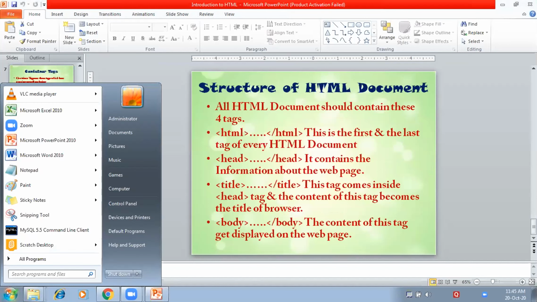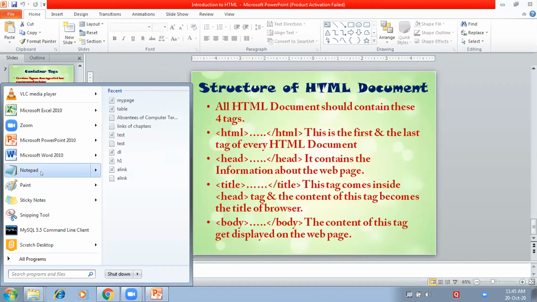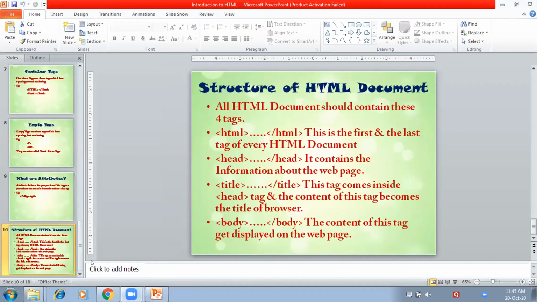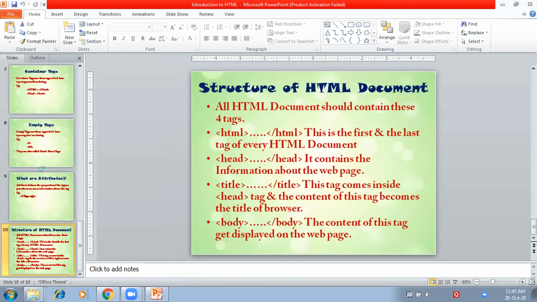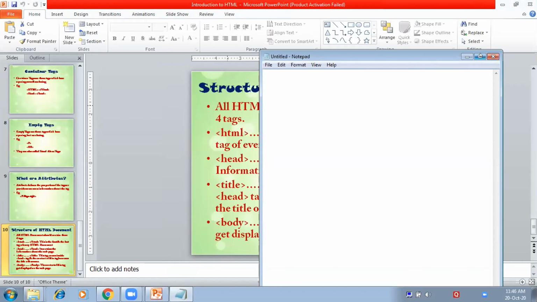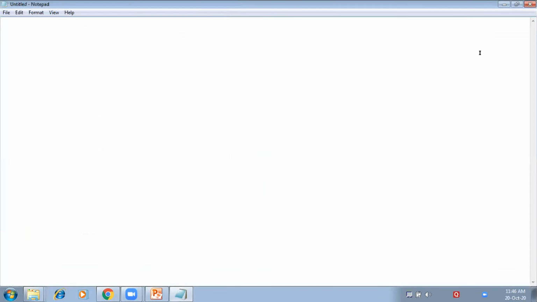First of all, to start an HTML document, in the last class I told you that you can use Notepad or WordPad, or you can also use MS Word. Any text editor is required. So today we are doing the first program of HTML. I'll be showing this program on the computer and also on the mobile, for the mobile users, how they can run the program.